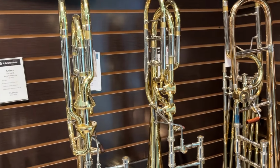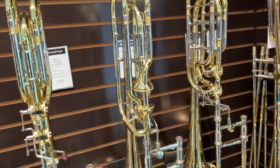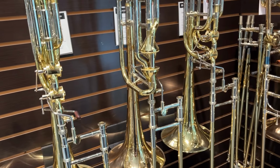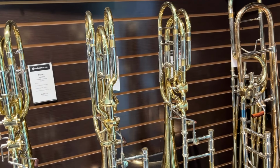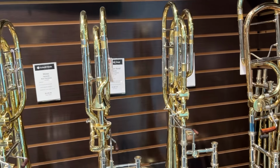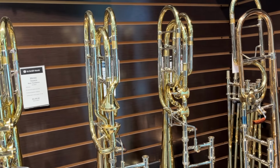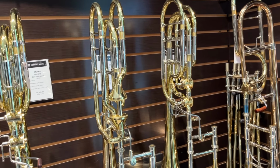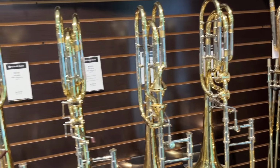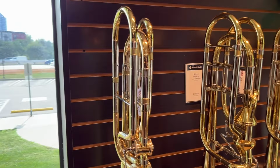848s or 849. So we've got the 848 in yellow brass rotor, or the 849. This is their axial flow version. This one has a gold brass bell. Really, again, for somebody looking for that really great entry-level bass trombone, they have kind of a budget in mind, but they're looking for a really great, again, modern playing bass, with a lot of longevity to it. The Eastmans have been proving really good, but I definitely want to make sure I don't forget to take a